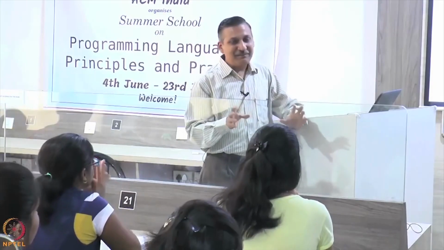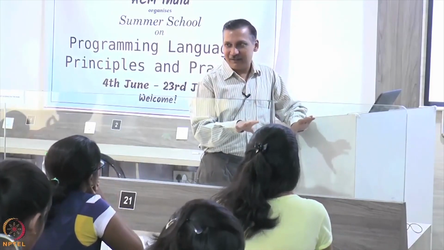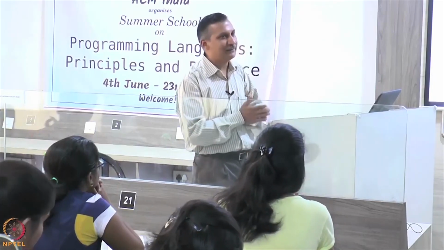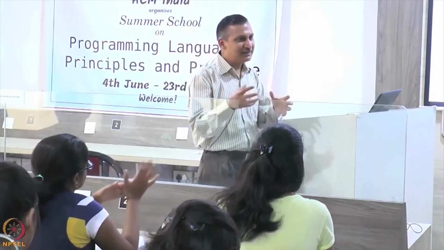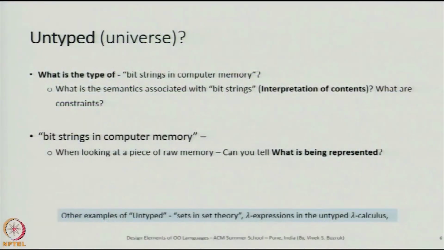In fact, this type theory, by the way, is a big subject by itself, and we will not be covering all the aspects, but we will be touching upon some aspects of it to understand polymorphism and how it is impacted by all these things. Okay, so a bit string in computer memory is just a piece of raw memory,